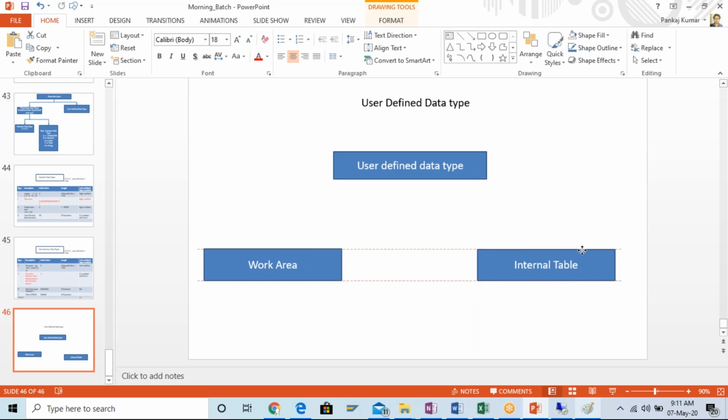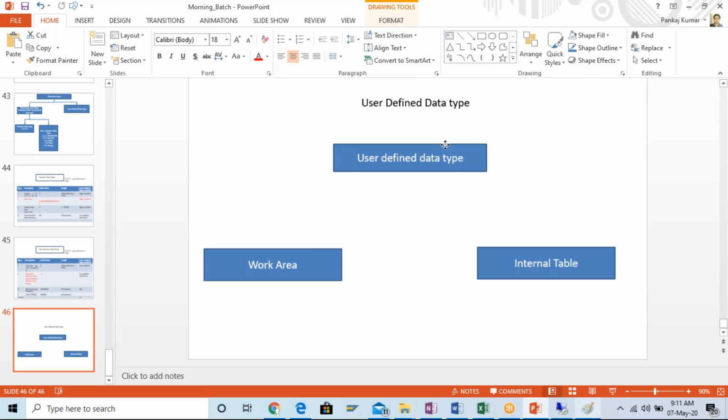Okay, type is also known as the type object. Okay, so based upon this type, we are going to define the work area and internal table. What is the different way of defining the work area? What is the different way of defining the